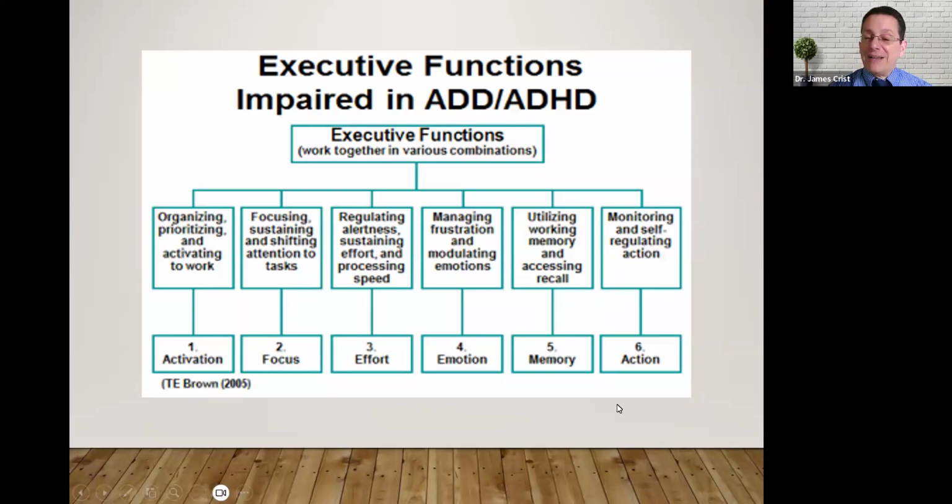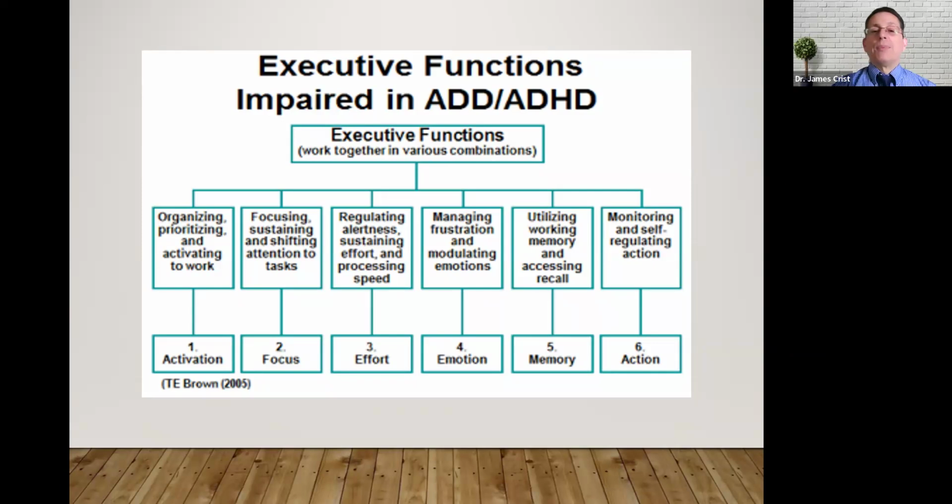So it may seem like a useful strategy early on, and there is some truth to that, to keeping it more visible. But the problem is when it piles up and up and up, then it becomes counterproductive because you can't find anything. It can lead to things like hoarding. And then monitoring and self-regulating action is also an executive function that is difficult for people with ADHD. Making sure that you get stuff done, that you're aware of your priorities.